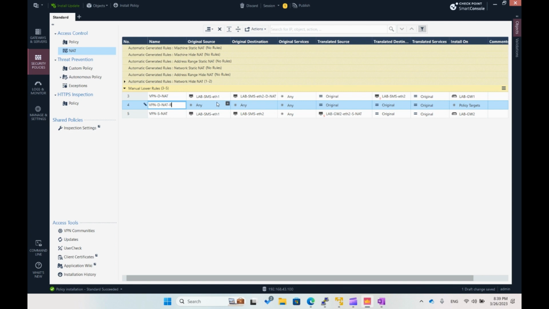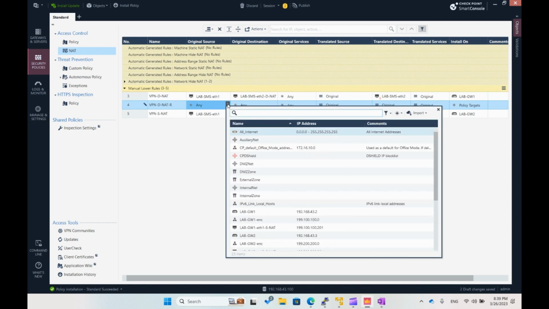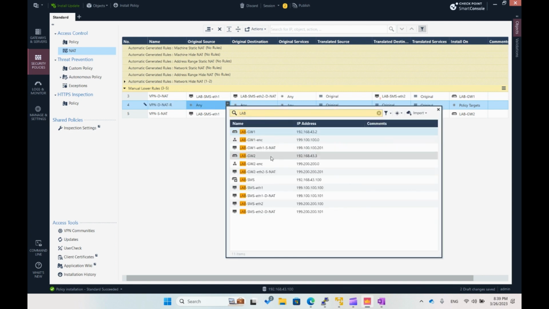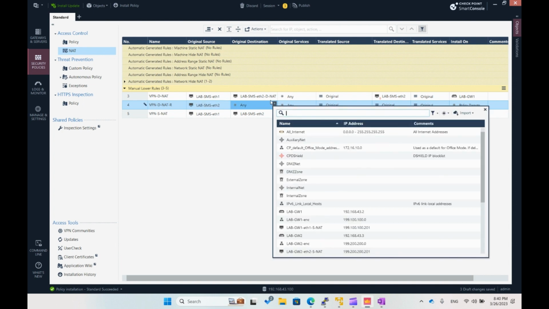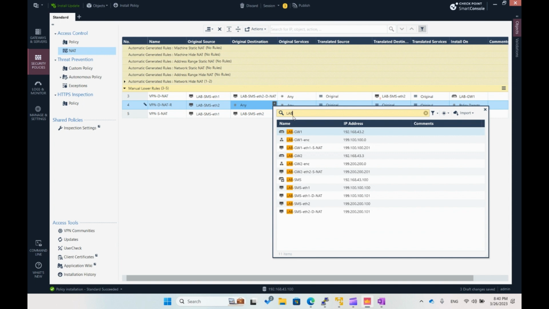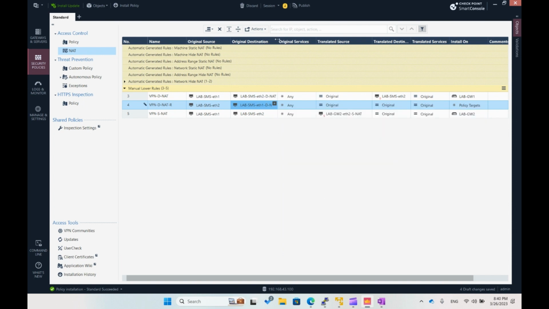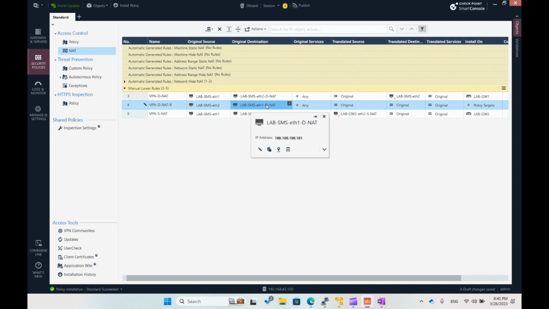And in reverse direction, the source IP address will be the WebSMS Ethernet 2 IP address, and the destination should be some IP address on the web gateway number 2. But it shouldn't be the real IP address. It will be the IP address which is in the encryption domain behind web gateway number 1, but it is not the same as the real IP address of Ethernet 1 on WebSMS. So it will be